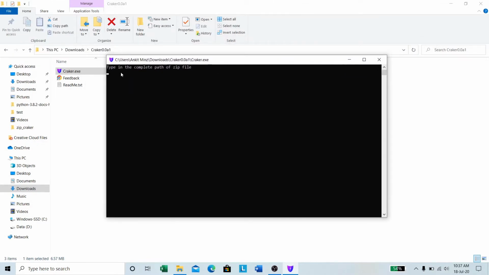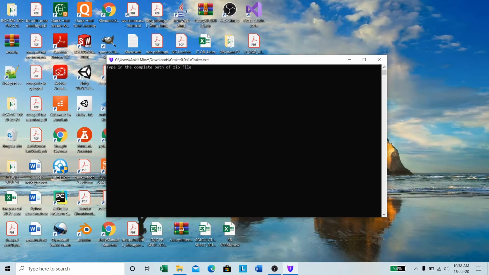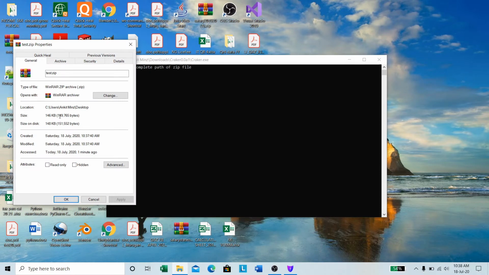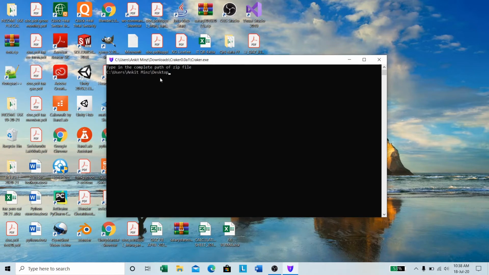Now type in the complete path of the zip file. What is the complete path? Right click on it, then properties, then copy this location, C users, any name, desktop. Control C, Control V, and don't forget to type its own name.